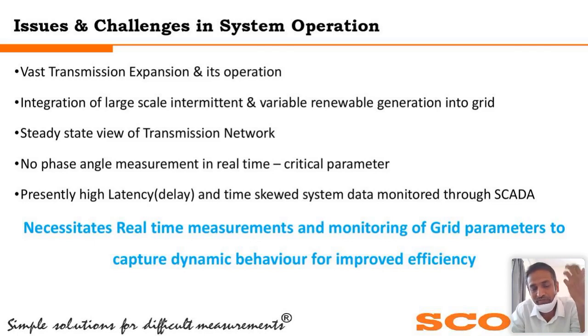But in SCADA, what we are doing is taking delayed data, and we are monitoring those things. There is also high latency, and we have very low bandwidth when we want to send data to the control center or remotely. So we are also facing a network problem, because you cannot send continuous, very accurate data in no time. That is not possible at this particular moment. Those are the difficulties and challenges we are facing in the network in today's scenario.